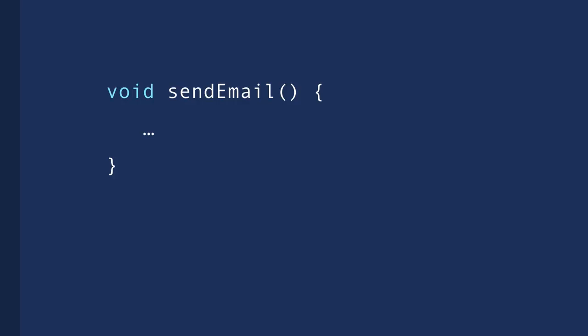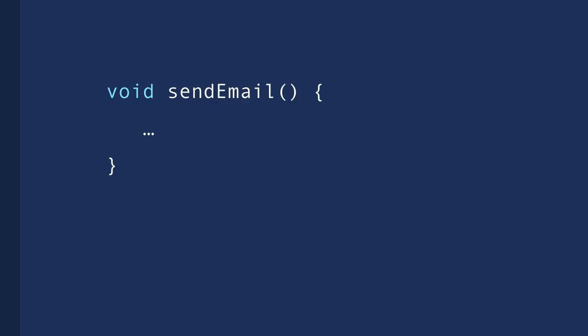Now, after the parentheses, we add a pair of curly braces, and inside these braces, we write the actual Java code. Now, one thing I want you to pay attention to here is that in Java, we put the left brace on the same line where we define our function. In other programming languages like C#, it's more conventional to put the left brace on a new line, but we don't do that in Java. So we put the left brace on the same line where we define our function.